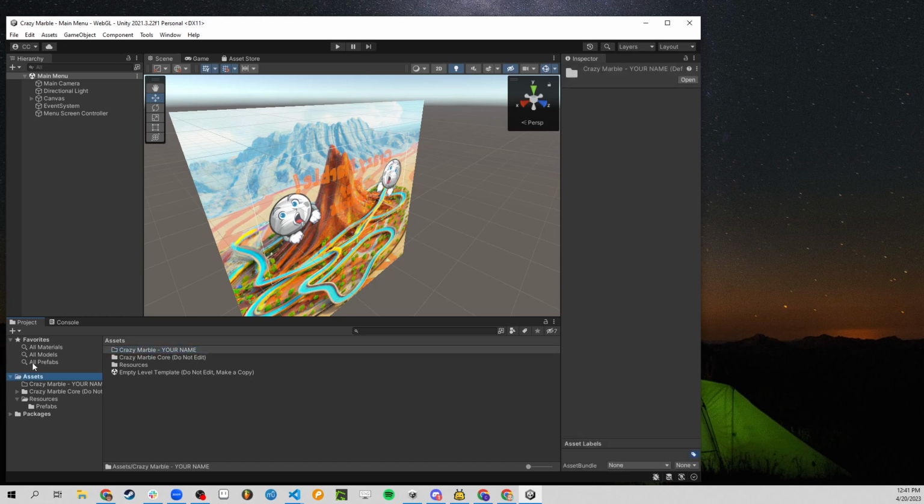You should click over into the Projects tab here. Select Assets, and then you have just a few things by default. Make sure you don't actually edit anything in the Do Not Edit folder. These are sort of the scripts and all sorts of stuff that make the game work. For now, we're going to focus on the basics and learn how to do a little bit of level creation